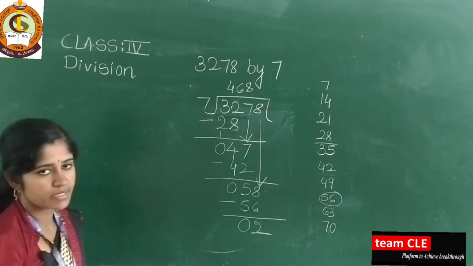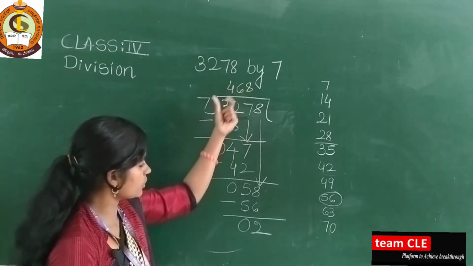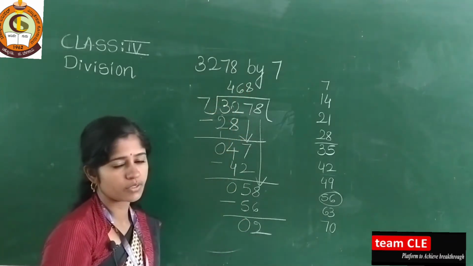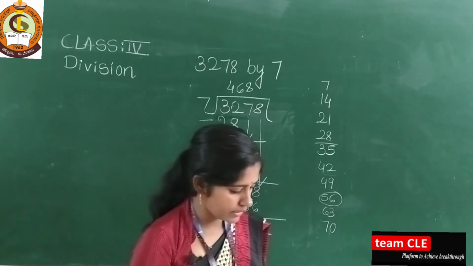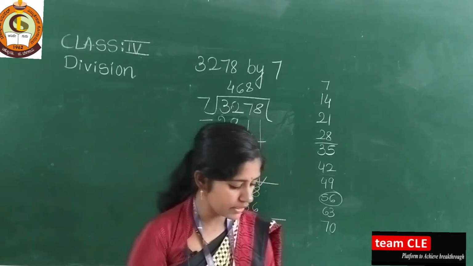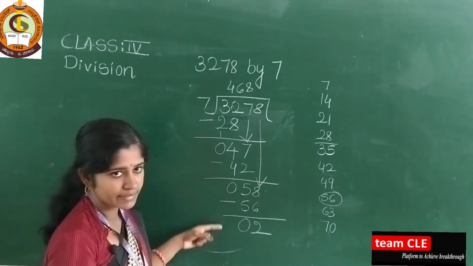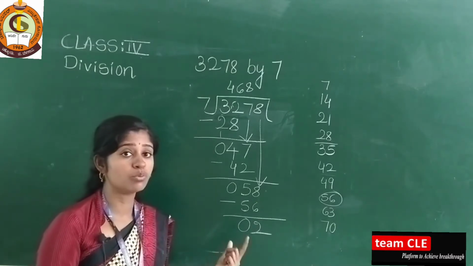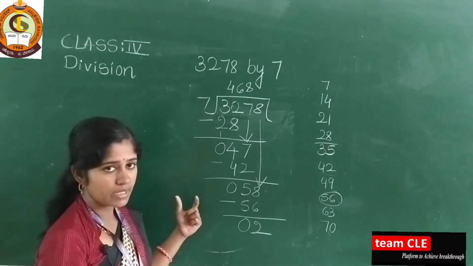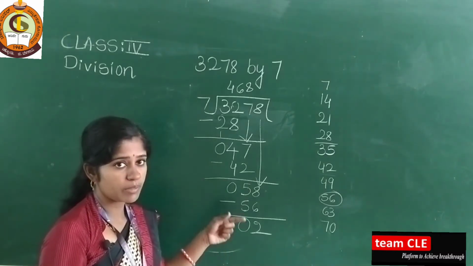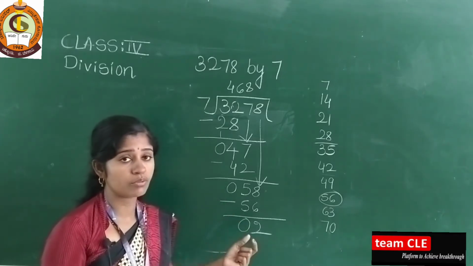Okay, so each term has its name. See here, this is the divisor, dividend, quotient, and whatever answer we get here at the end, that is the remainder. So this way you need to write the answer. Each step you have to know. Each step what I have done here, I subtracted the number. In multiplication we added, but in division we need to what? Subtract the number. See here, addition and multiplication have their relation, and division and subtraction have their relation.